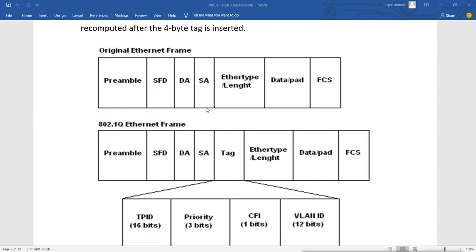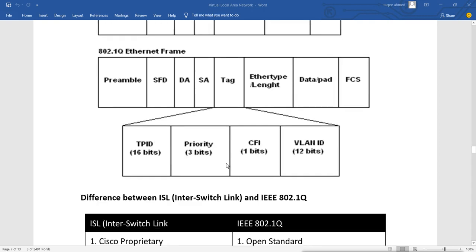Those 4 bytes consist of a 16-bit TPID, priority bits, the CFI bit, and the VLAN ID. Only this it will add.